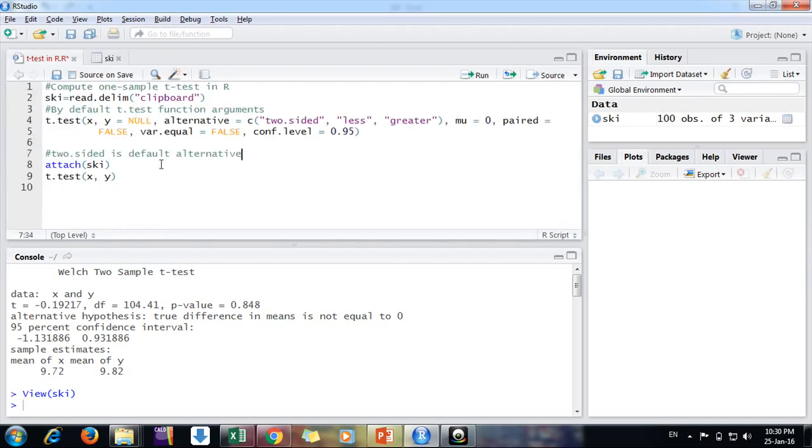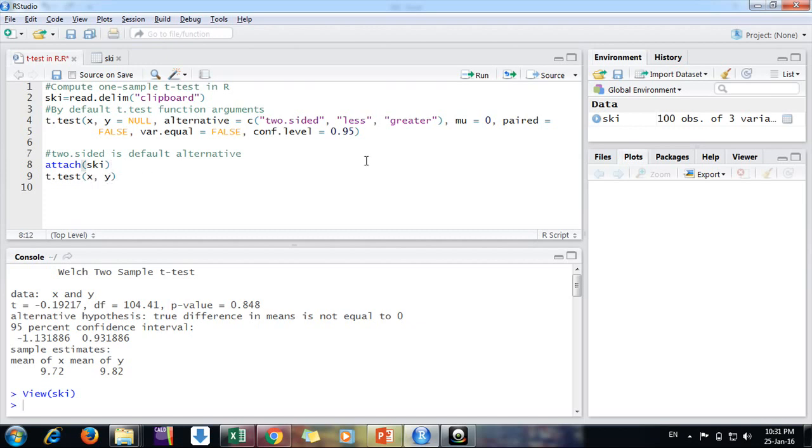So now we would be doing a two-sided t-test for that purpose. We are assuming that, and the null hypothesis we are giving by default, the difference in mean is zero. So okay friends, I'm using this. When you don't want to do a pair test, the simple thing is t-test. You just simply mention x and y.